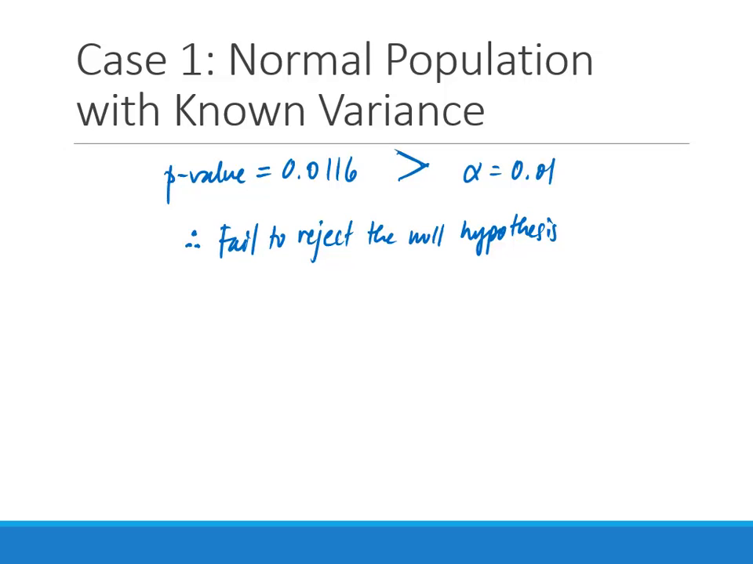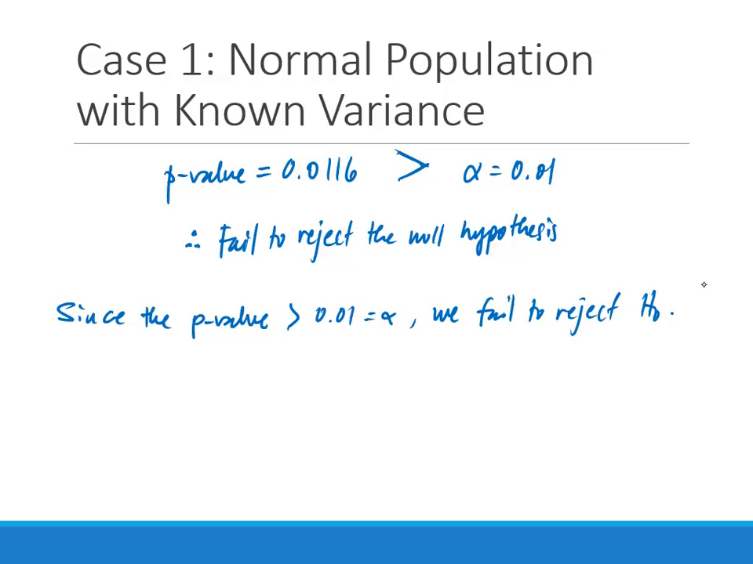Again, it doesn't matter how much bigger than alpha our p-value is, it's just the fact that it's bigger than alpha, we're going to fail to reject the null hypothesis. So let's say exactly what that means here. And here's your template way of interpreting these things as well. So what we'll say is that since the p-value is bigger than 0.01, which is our alpha, we fail to reject